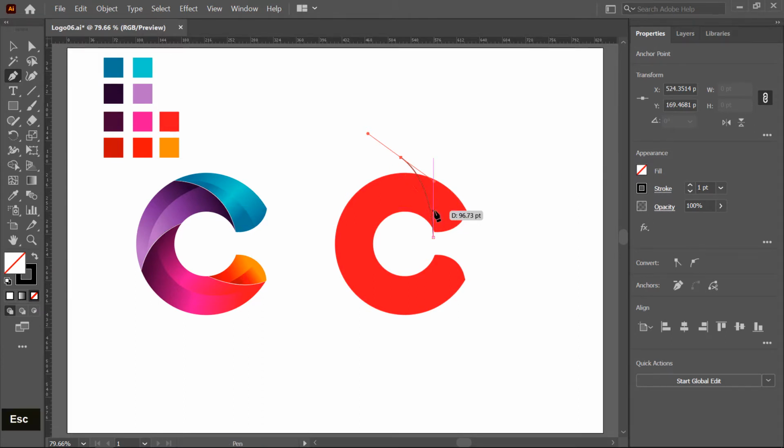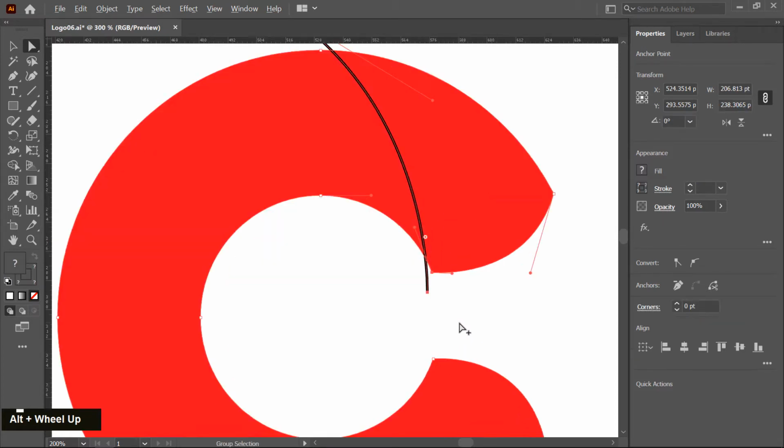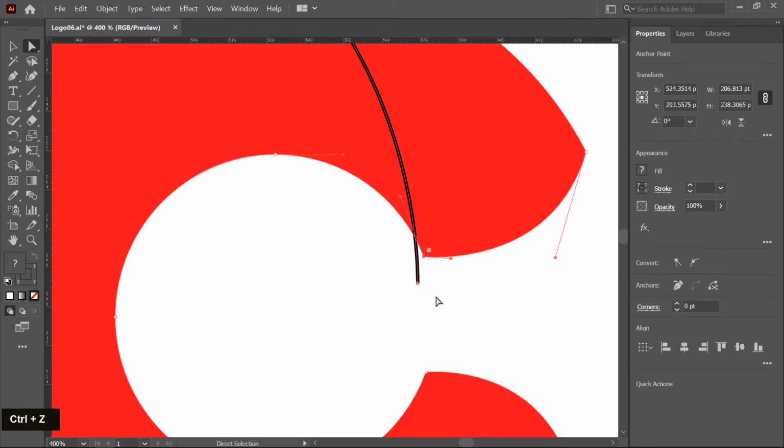Press escape key and choose the direct selection tool to modify this curve. Okay, and this point should be on the corner. I think this shape is also selected.